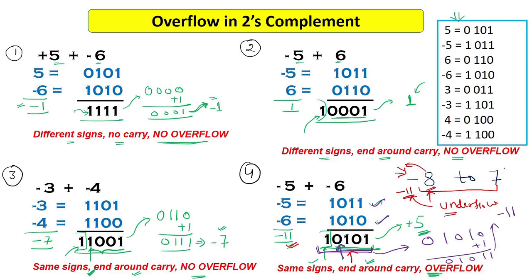And let's say if we got the answer as, for example, 16, which is greater than the greatest number of this range, then we say that our result has overflowed. But in the normal sense we can understand that our result has gone out of the range. So I will not be talking specifically about the underflow term.